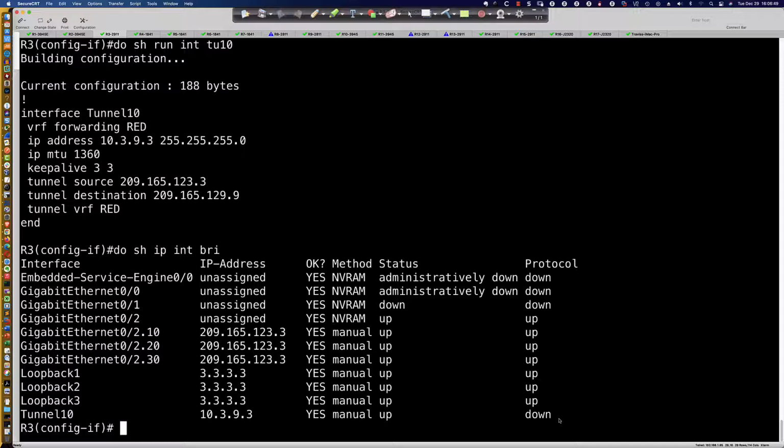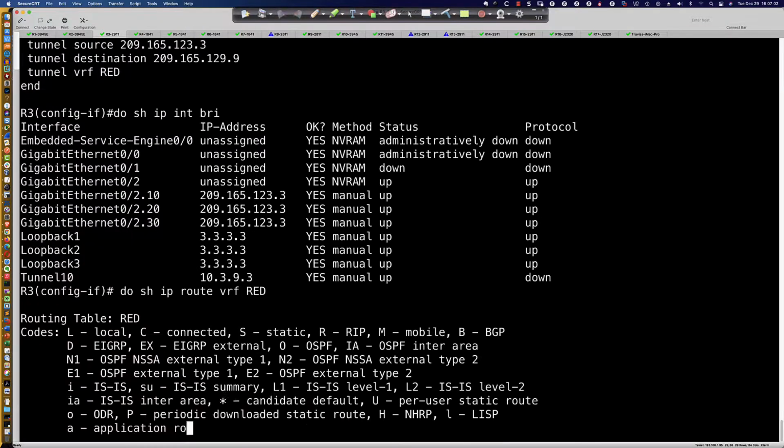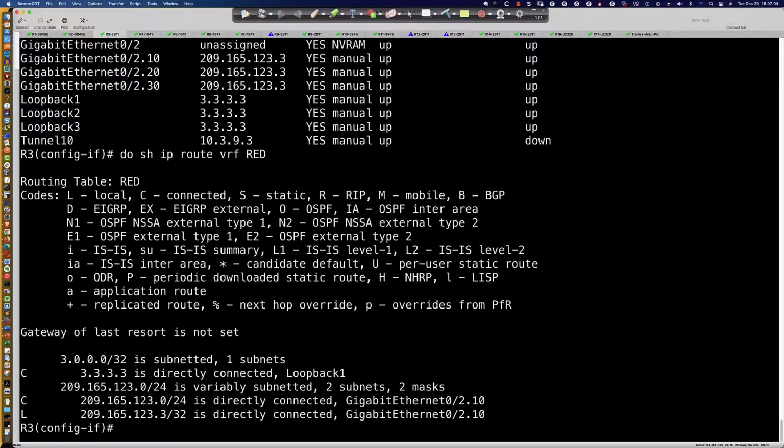Maybe the tunnel destination IP is wrong. Maybe the tunnel source IP is wrong. So something's not correct, and it's that they don't have reachability. Again, do show ip route vrf red. You'll see there is no route in the red VRF routing context telling it how to get to that